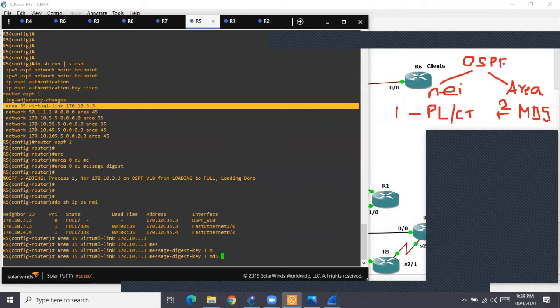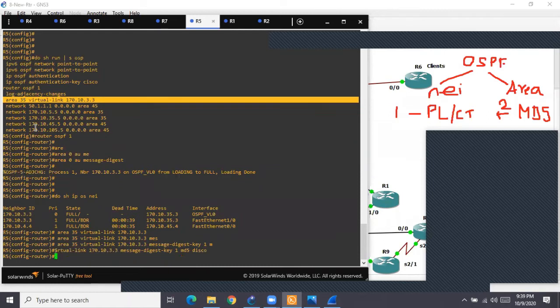Now in area 0, what password did we set? Cisco. Now on the virtual link, does the password also need to be the same? Not necessary. I can keep maybe Disco here. Not necessary, but actually nobody does it like that, with a different password everywhere. Just imagine tomorrow you have hundreds of areas, and if you keep setting different passwords, you are creating hurdles for yourself. You will not remember which password is for where. We all have personal experience with so many emails and accounts, where we forget the passwords every time.